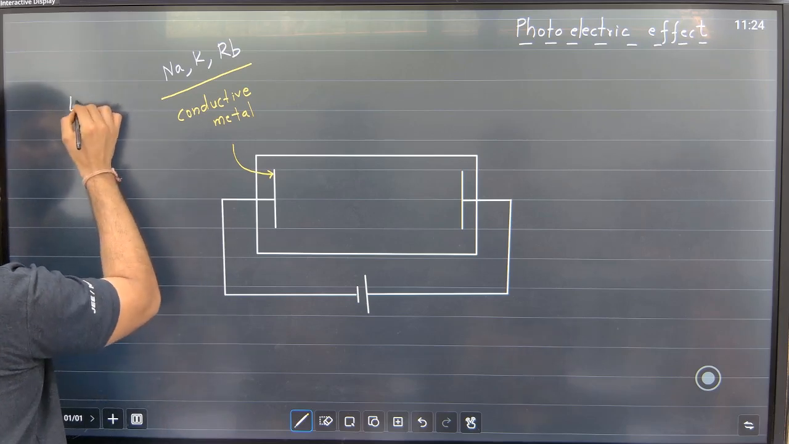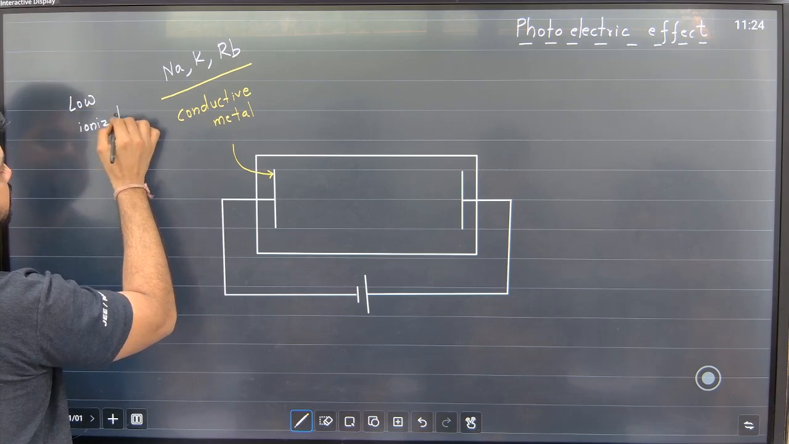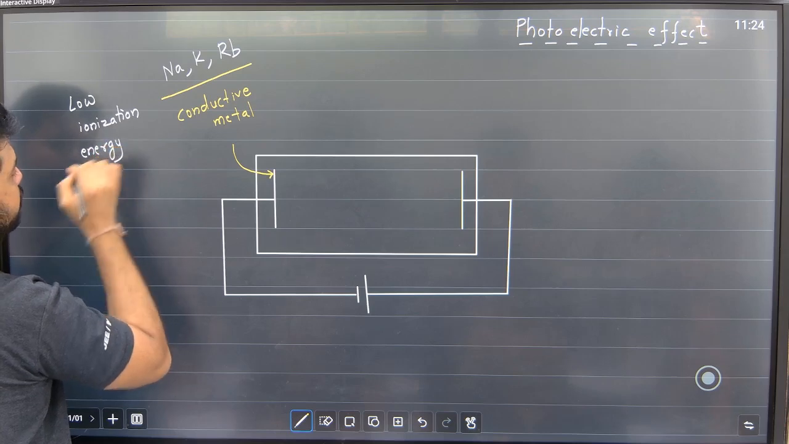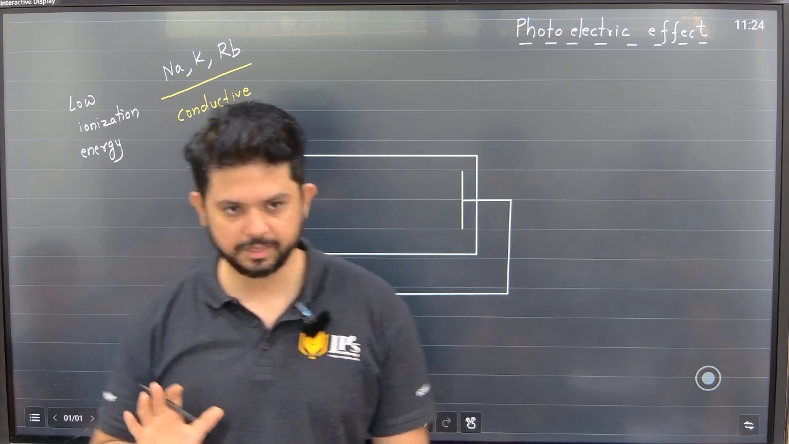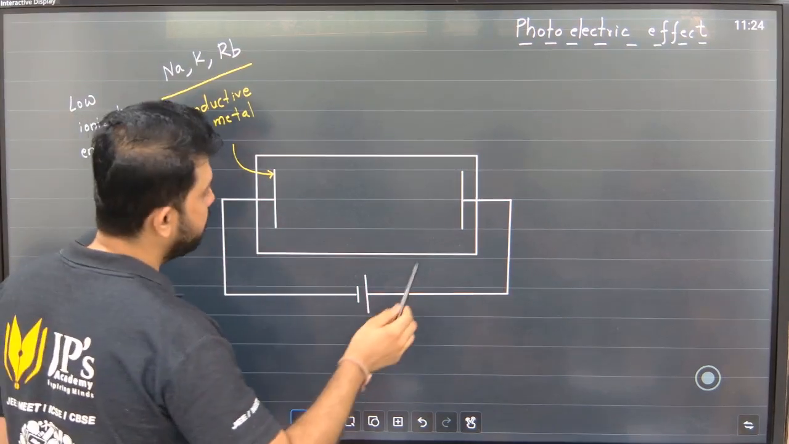low ionization energy. What do you mean by ionization energy? Energy required to remove the most loosely held electron. Okay? And you'll eventually understand the reason why. Now, what he did is,